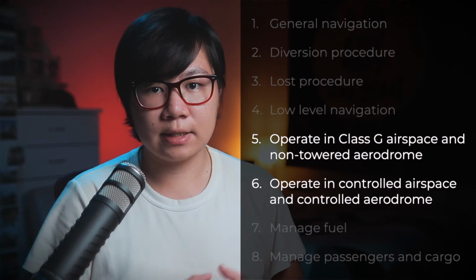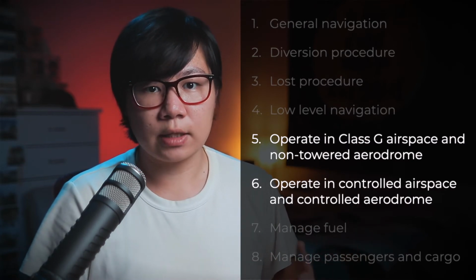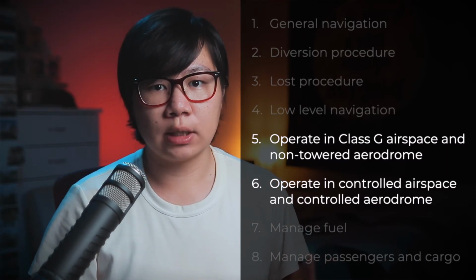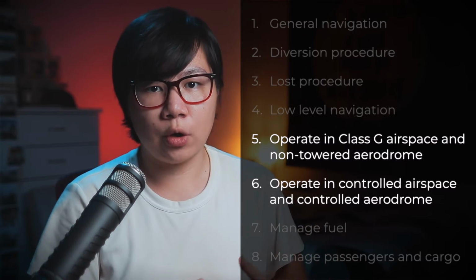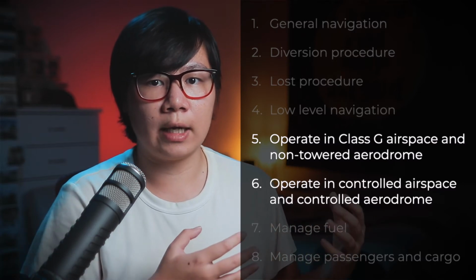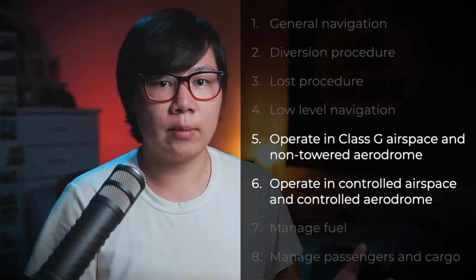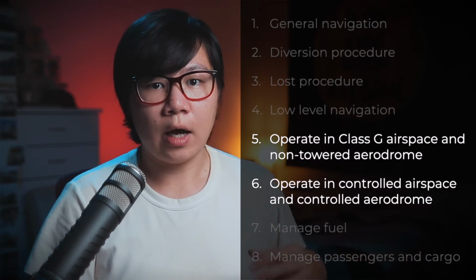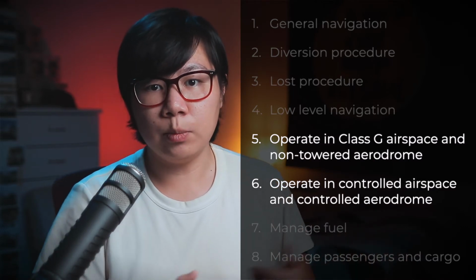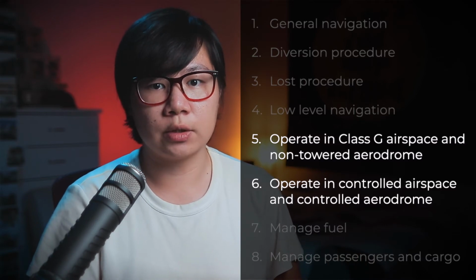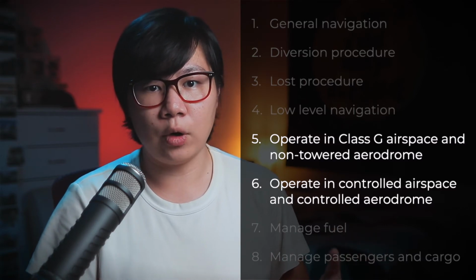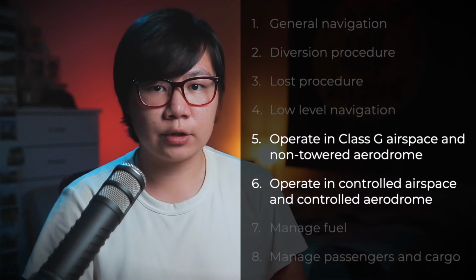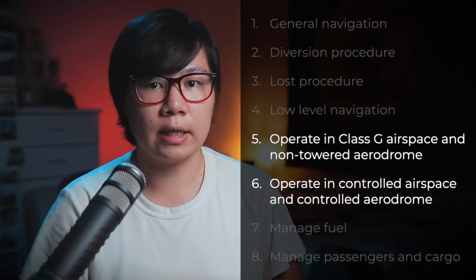For number 5 and 6, you should have some idea about that during your RPL flight training. Depending where you do your RPL flight training, you might be more familiar with control aerodrome operation because you learn flying out of airports like Bankstown, Camden, Moorabbin, Archerfield, Jandakot, Parafield, etc. They are all control aerodromes. Or you may be more familiar with non-control aerodrome operation because you learn RPL out of an airport like Wollongong because it is a non-control aerodrome. During your PPL flight training, you will learn and practice to operate in both worlds.